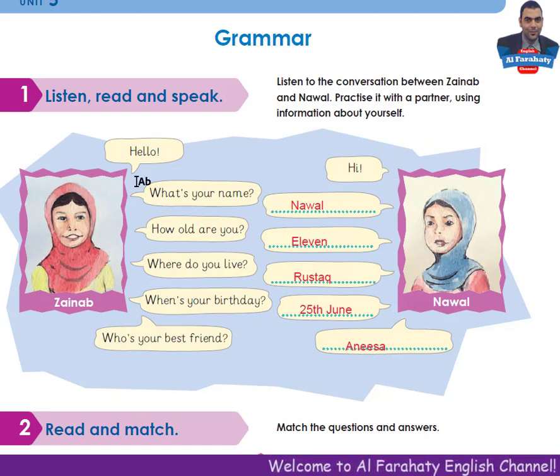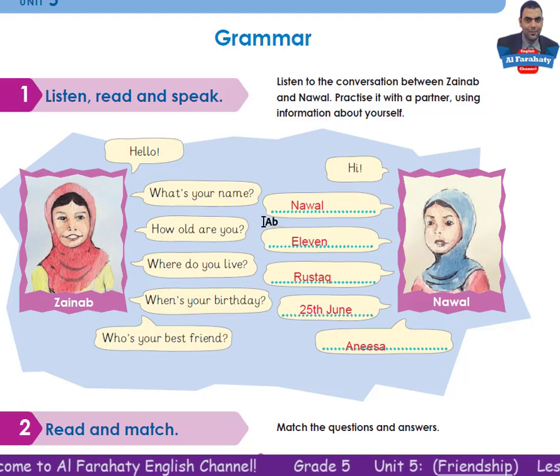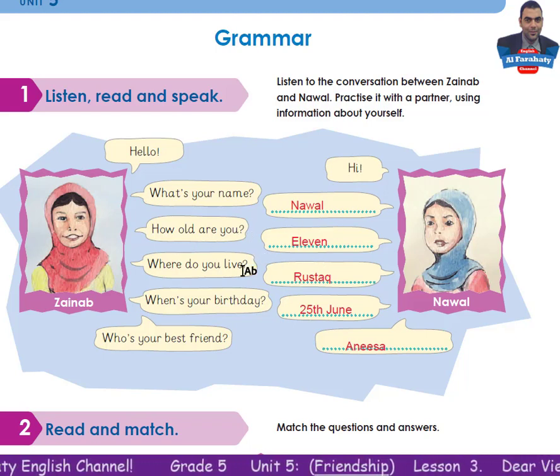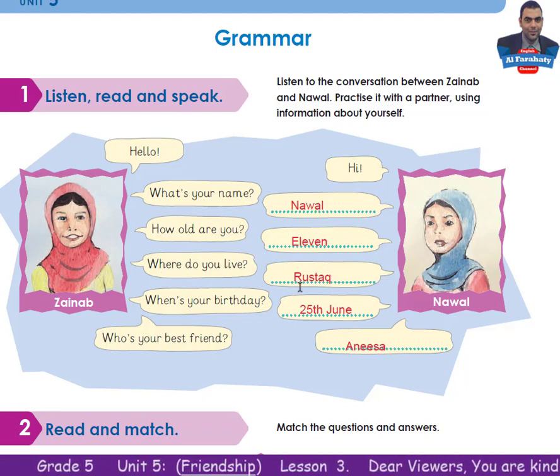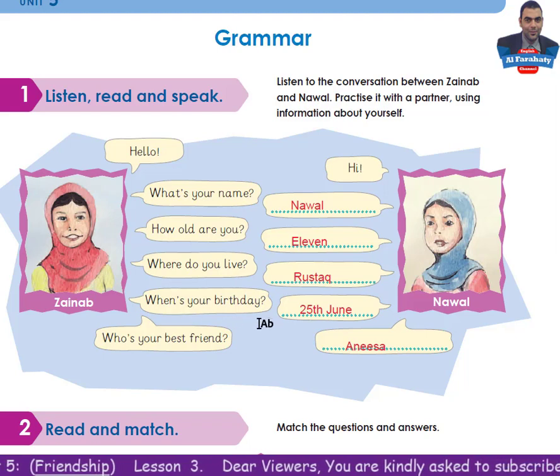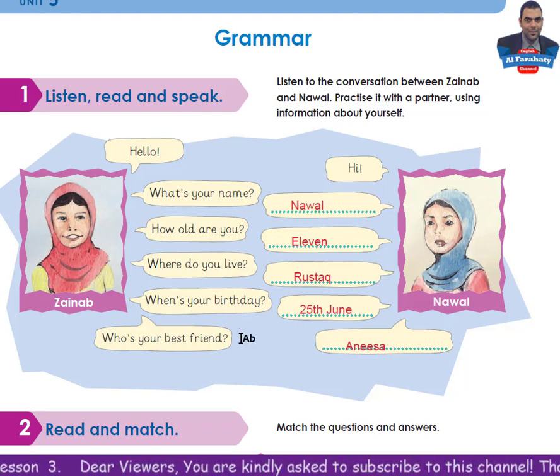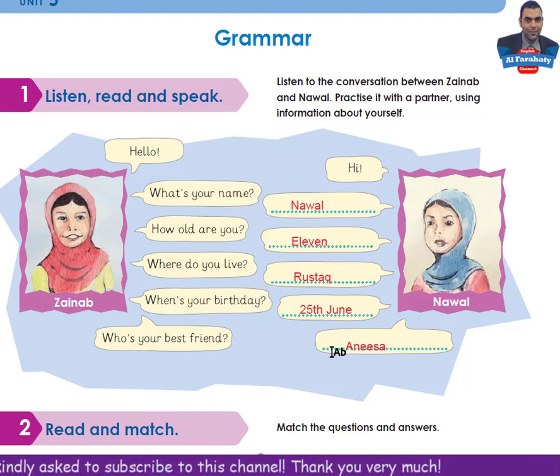Listening 5.2. Hello, Hi, what's your name? Nawal, How old are you? 11, Where do you live? Rustaq, When's your birthday? 25th of June, Who's your best friend? Anisa. Now you are asked to practice this conversation with a partner, with your friend, your brother, your sister, or